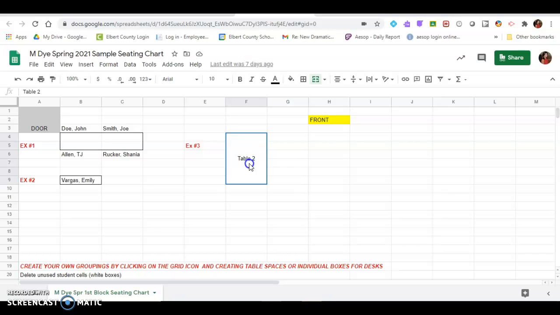So right here I have merged some cells together vertically, and the way I did that was just take my pointer and highlight whatever I wanted to merge, and you go to right here where it says merge cells, and you can click merge vertically. You can click merge horizontally or whatever. So if you had tables that were vertical in orientation towards the front of the room, you could merge it